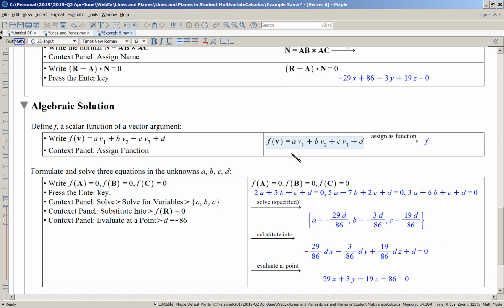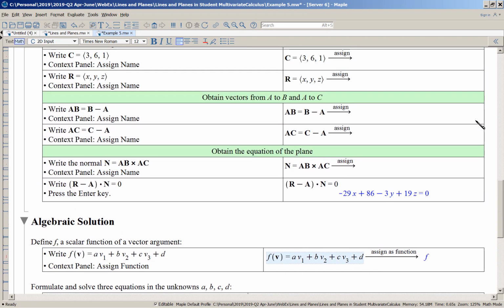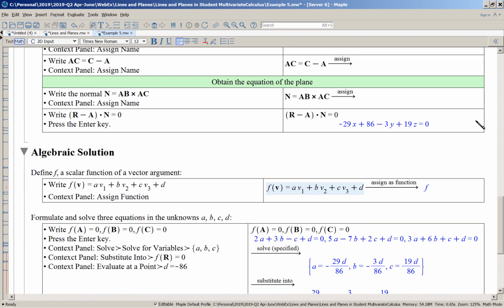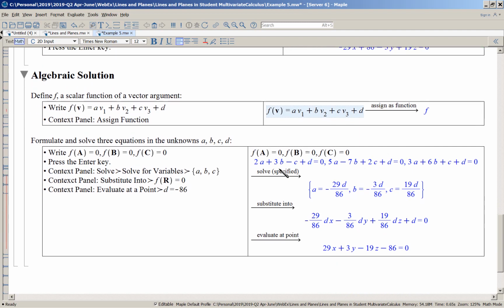So this function has to give 0 when applied to the points A, B, and C, which we defined up here as vectors. We want them to be in the plane. So you get these three equations,